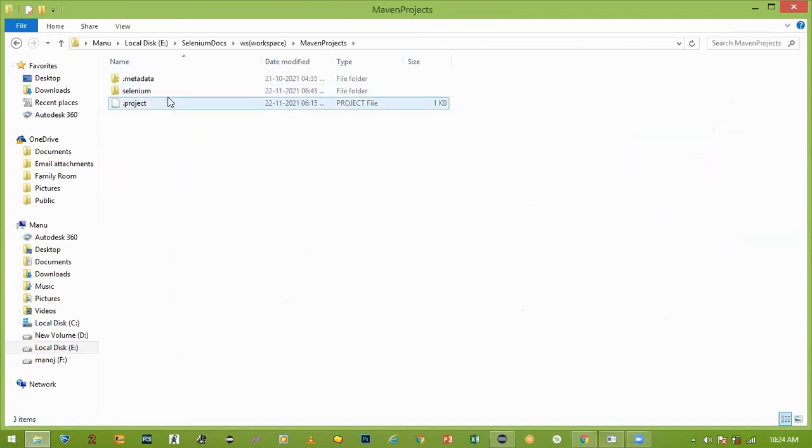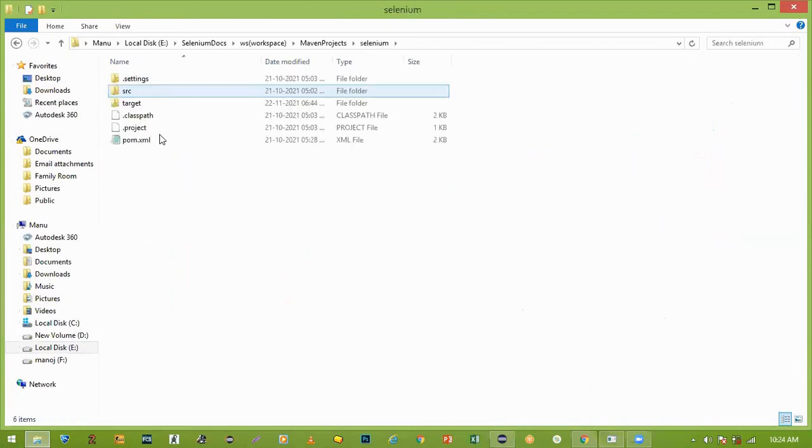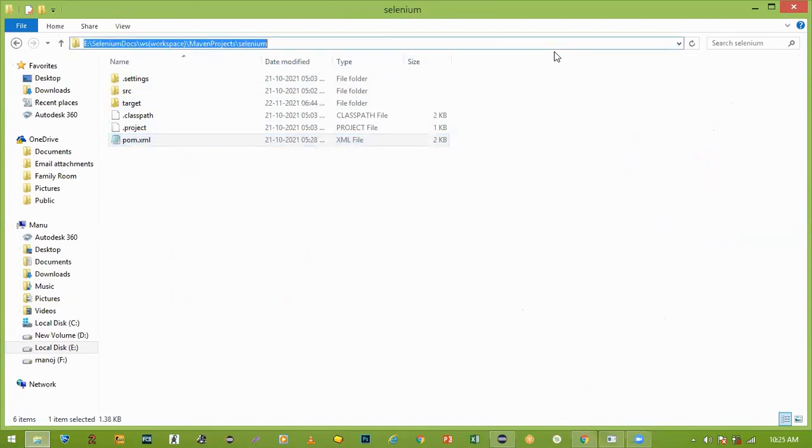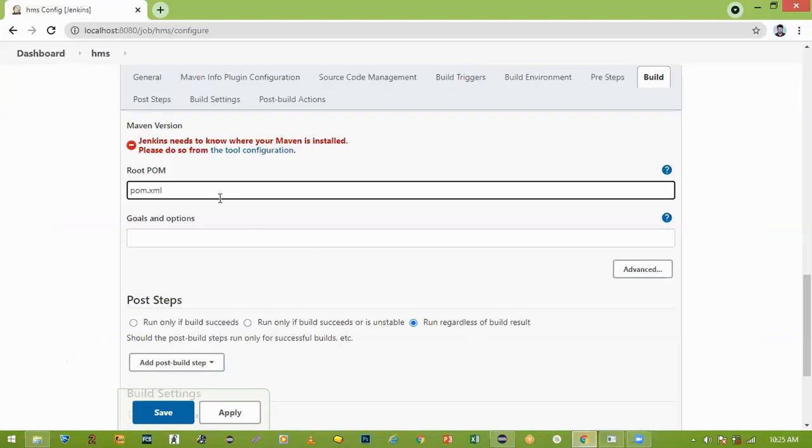Maven, okay. POM file. Where is the POM file? Copy that path. Copy. Paste there. Yes. Delete that. Yes. Give the path. Yes. Slash POM. Give slash. Yes. Very good. Enough.